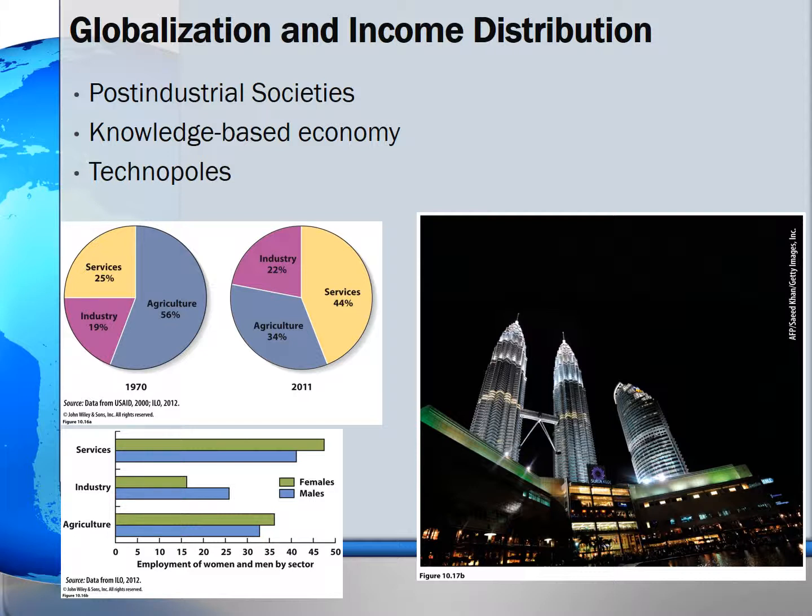The graph shows men are more concentrated in industry-related jobs and women are more concentrated in the services and agriculture. In order to level the playing field, the various divisions of the United Nations have supported gender mainstreaming for more than a decade. The aim of gender mainstreaming is to promote the equitable participation of women and men in all types of jobs. The service sector growth is associated with the emergence of post-industrial societies.